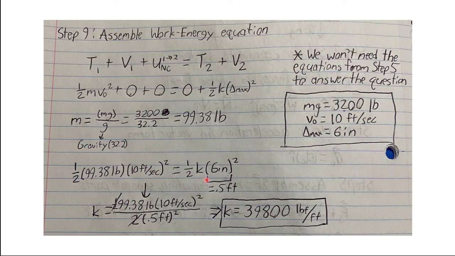So then throwing everything on one side of the equation, leaving k alone, you have 1/2 times 99.38 pounds times your 10 feet per second squared, over 2, which is just throwing this 1/2 on the other side, times your 0.5 feet squared. The 2 and the 1/2 will cancel, because you have 1/2 which is divided by 2. And then when you calculate that out, you should get a k of around 39,800 pounds